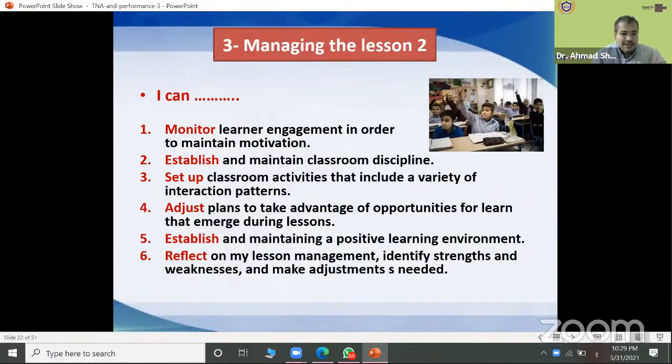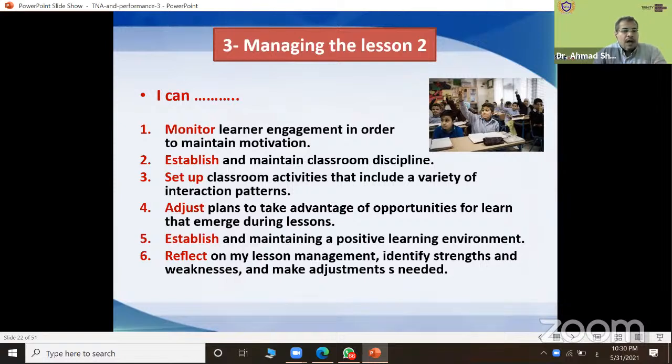Establish and maintain classroom discipline. Can I do that? Can I set up classroom activities that include a variety of interaction patterns? Adjust the plans to take advantage of opportunities for learning that emerge during lessons.